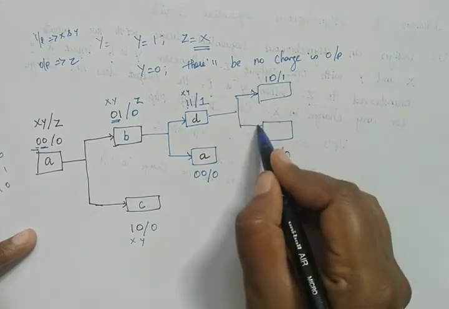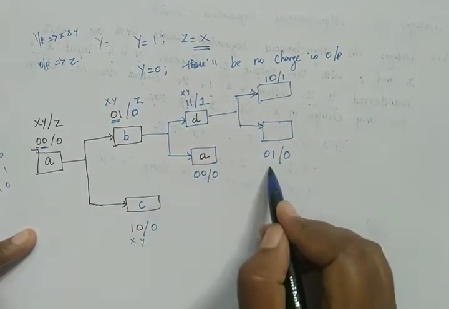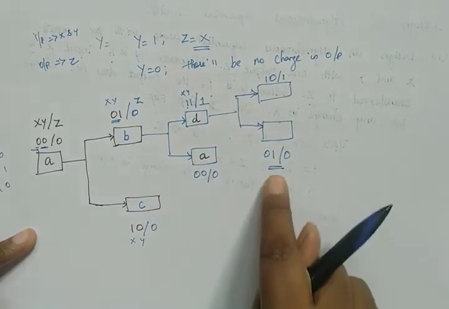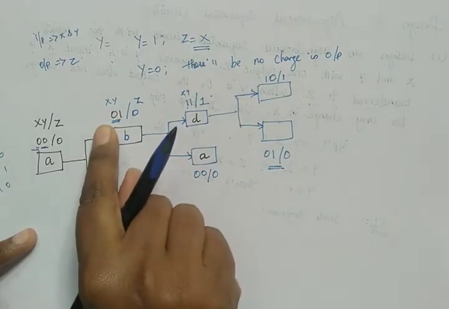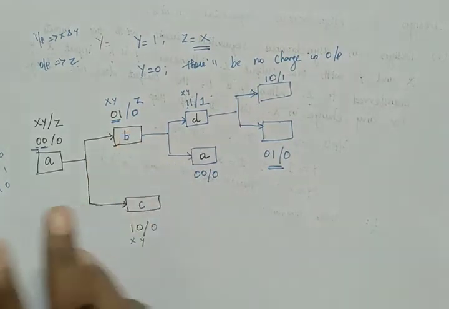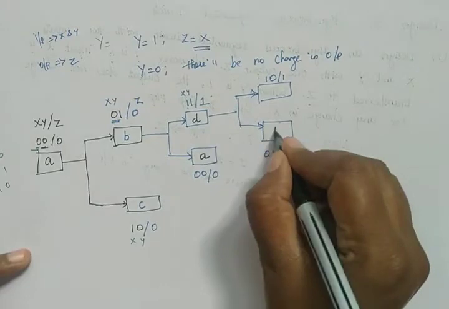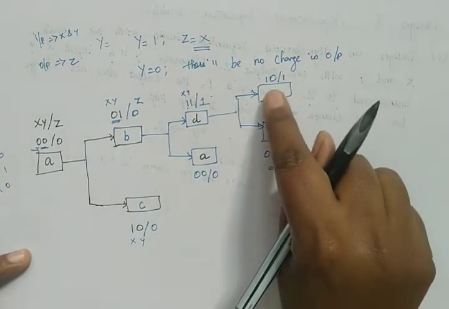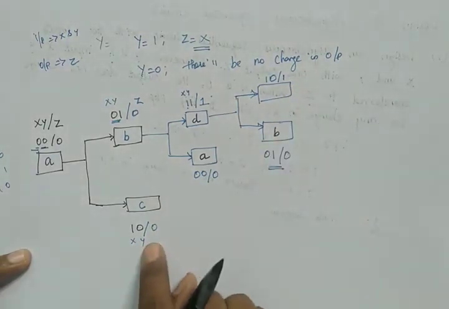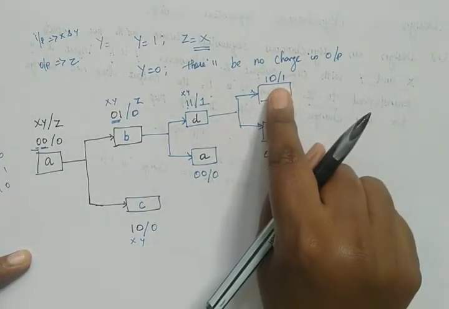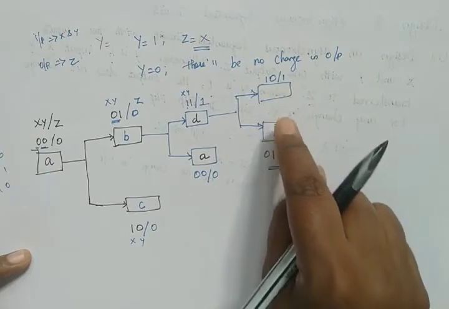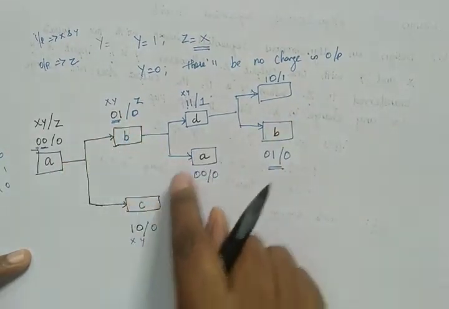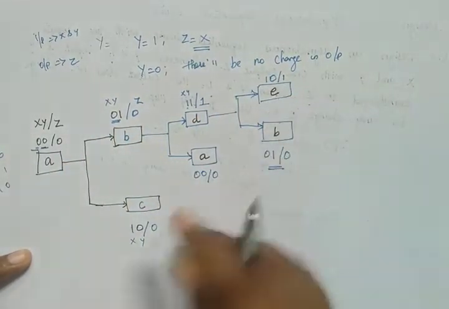Now after writing this, we have to check whether the state exists previously. So here we have 0 1 0, and here also we have 0 1 by 0. Here we have the same state B, 0 1 by 0. And now we have to check here 1 0 by 1. Here we have 1 0 by 0. So this is a new state. So we have to give another name, that is A, B, C, D. After this we can give E here.